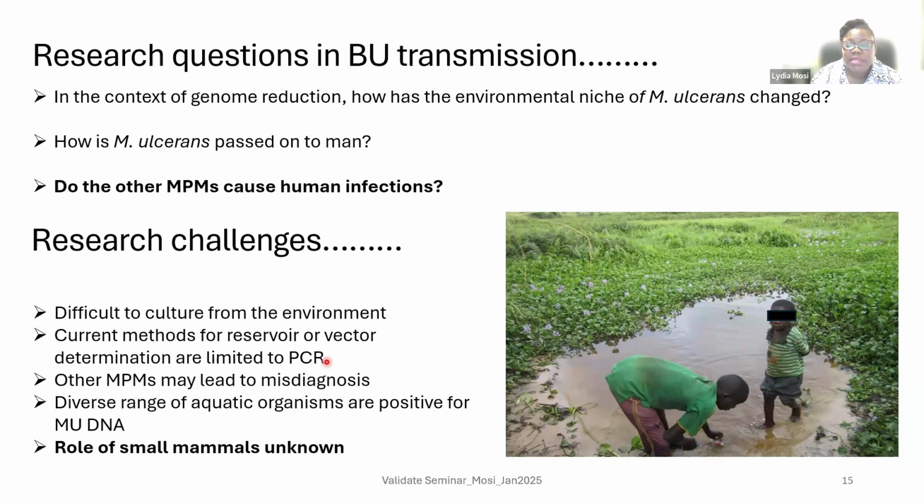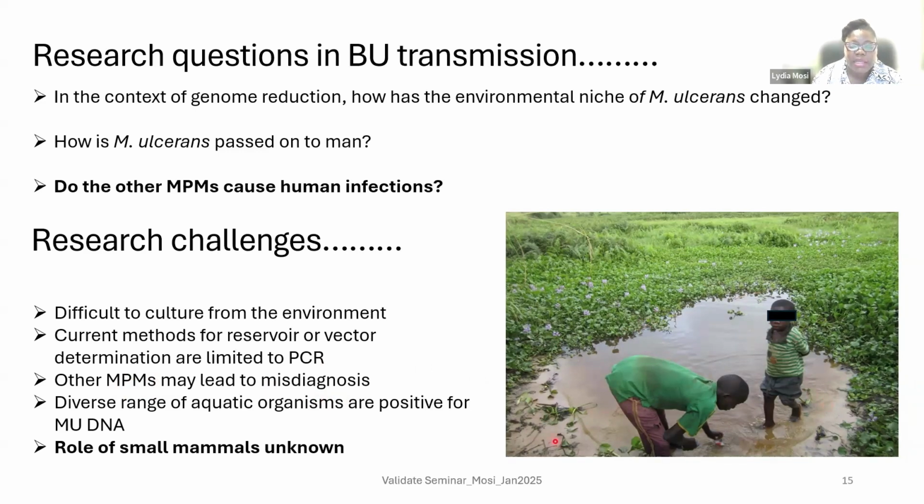Also, the current methods that we have available to detect the presence of the bacterium are limited to the presence or absence of DNA, and just that doesn't tell us that the bacterium is alive. Also, the presence of these mycolactone-producing mycobacteria in these same endemic areas poses a challenge for us to be able to diagnose whether it is truly M. ulcerans or these MPMs. And the fact that you can find the DNA everywhere makes it a very convoluted web, which again makes it difficult for us to pinpoint the exact place or reservoir where the bacterium is